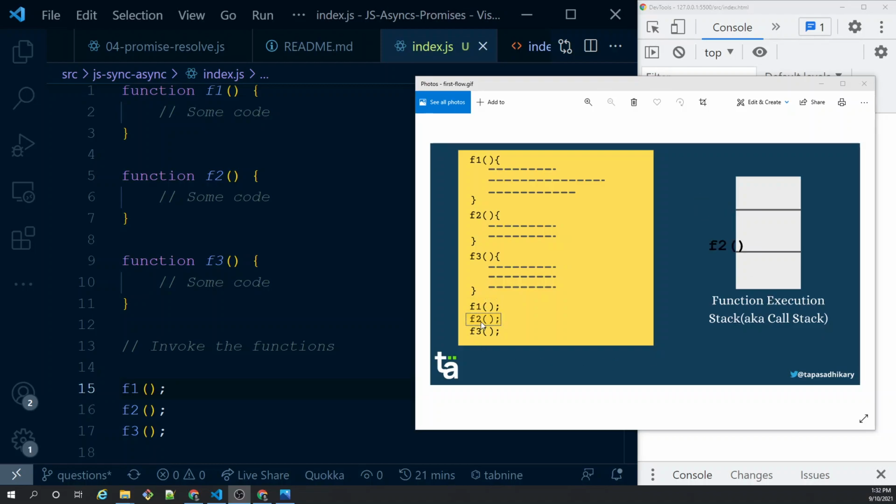F2 invokes, F2 gets into the stack, F2 comes out of the stack, then F3 gets invoked, F3 goes inside the stack, and F3 comes out of the stack. So you see, whenever the execution happens, the function gets inside the stack, execution gets over, and it comes out, outside of the stack. It is kind of looping here,